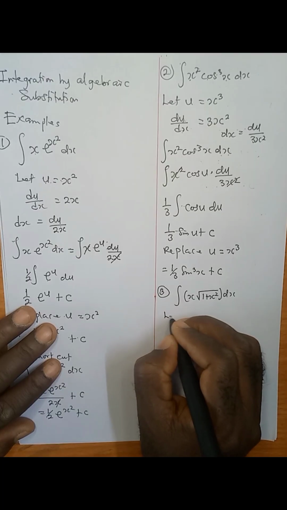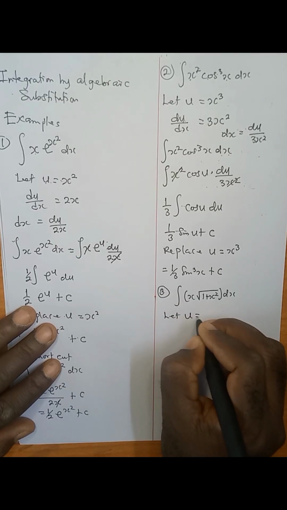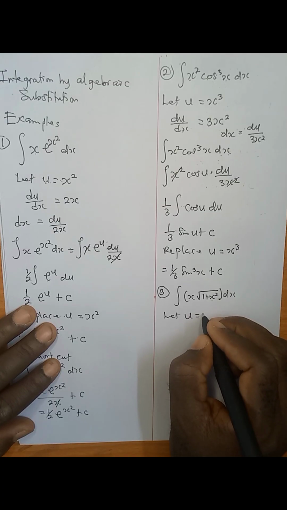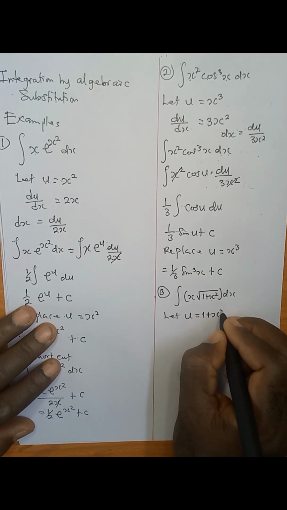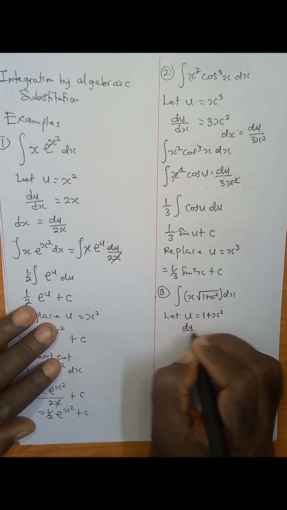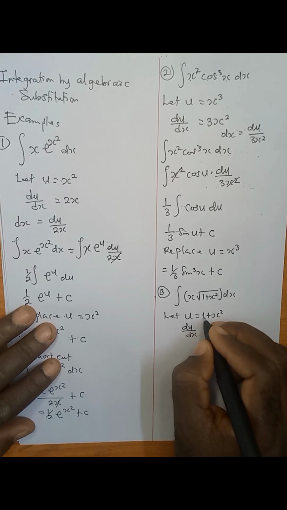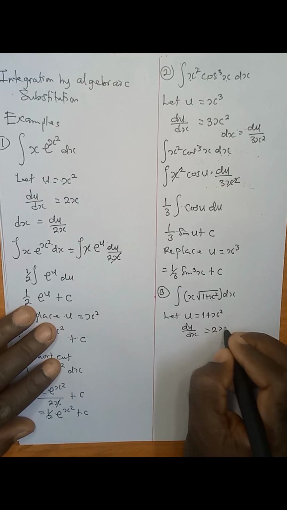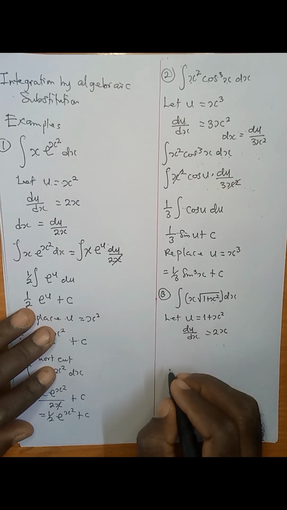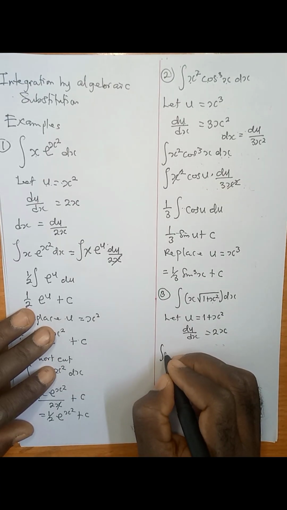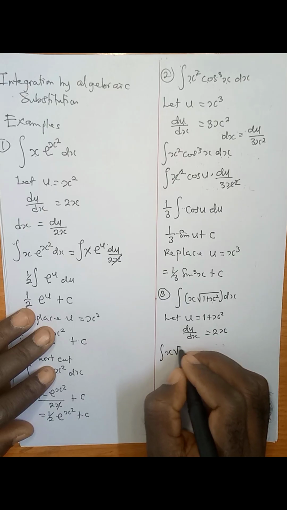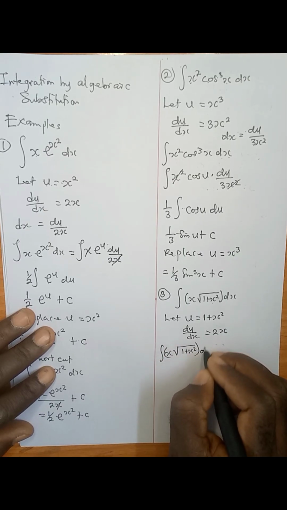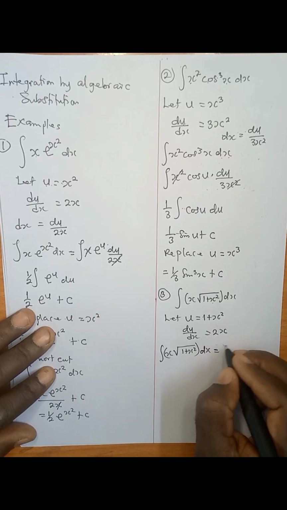Now we say let u be the value under the square root, which is 1 plus x squared. Then when we differentiate u with respect to x, when we differentiate 1, it will be 0, we throw it away. When we differentiate x squared, it will give us 2x. Then we now have the integral of x root 1 plus x squared dx will be equal to the integral of